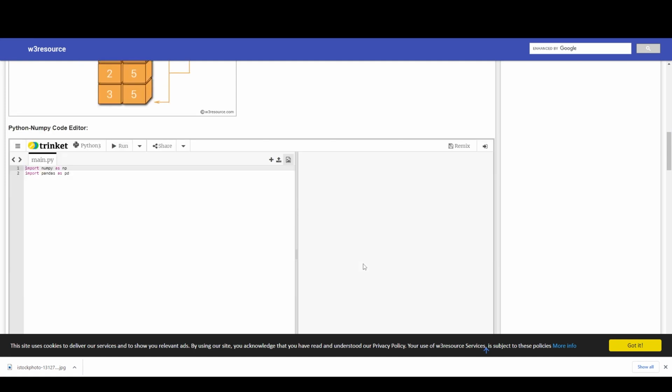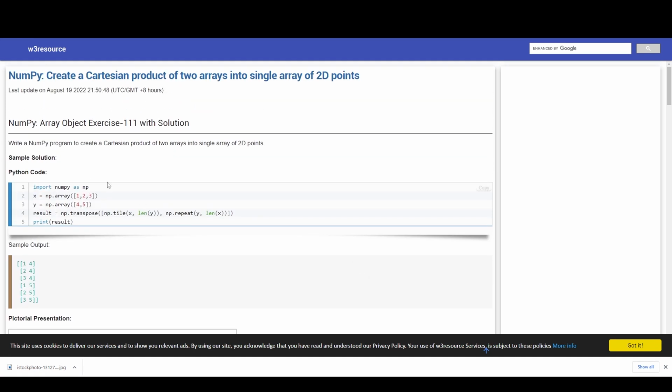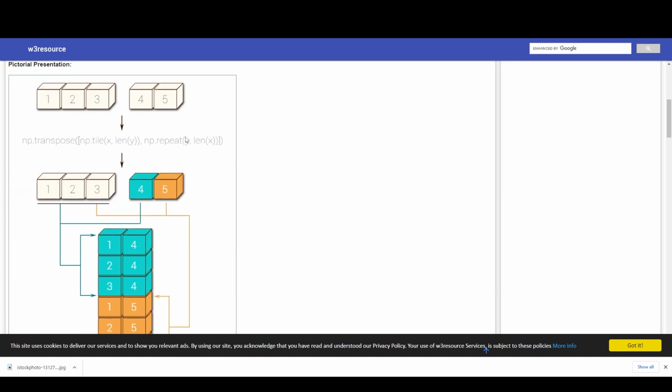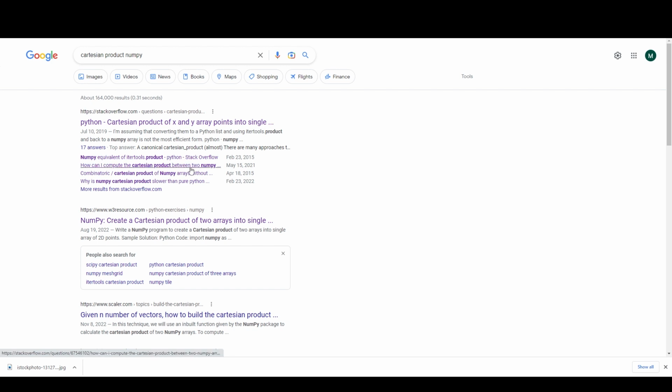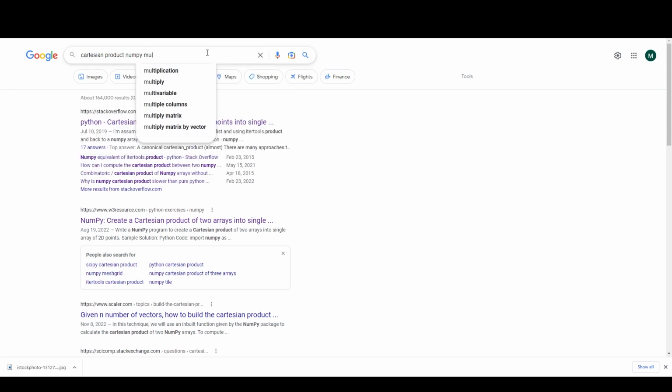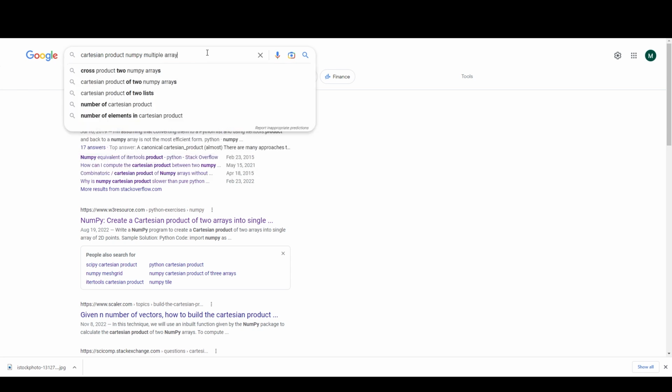So here, import numpy, you have an array like this, an array like this, result equals np.transpose, np.tile x length y, np.repeat y, comma, length x. Multiple arrays.